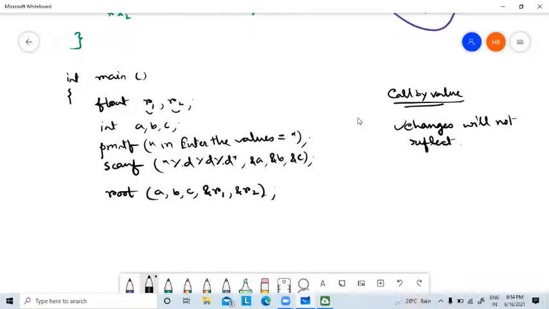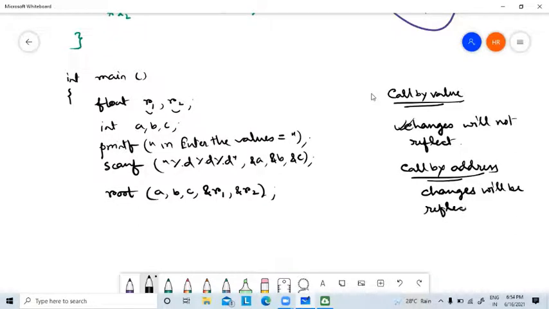The changes I make inside the function will not reflect. But if it is a call by address, then changes will be reflected. That is the logic. Since we are performing call by address, if we change anything in these two variable addresses, then we will be able to see the values.